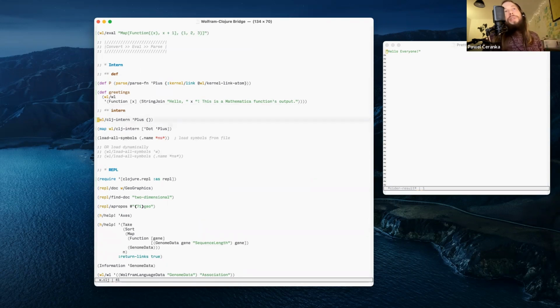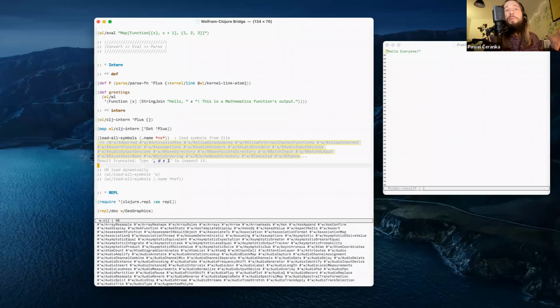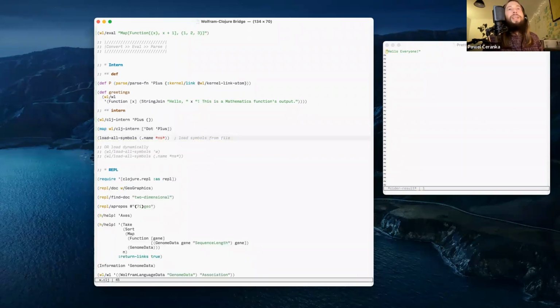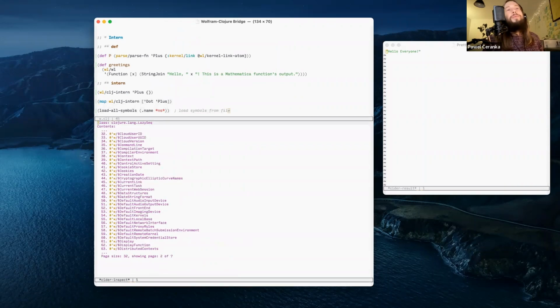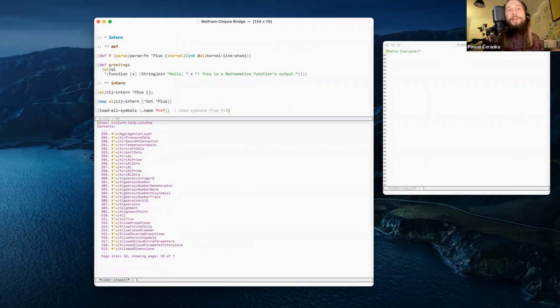And a bunch of other things: I want all of those symbols and I want to run them through this interning function, so I can use those symbols unadorned from Clojure. You can just load all the symbols from Wolfram language. So now we have many things from Wolfram language in this namespace.